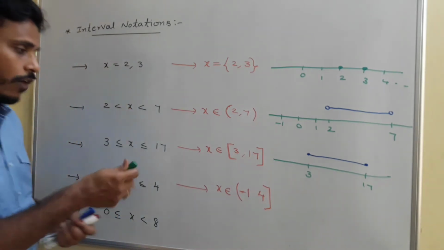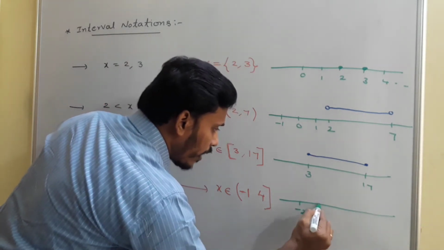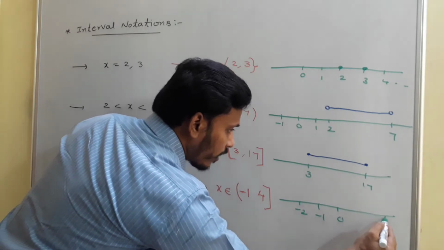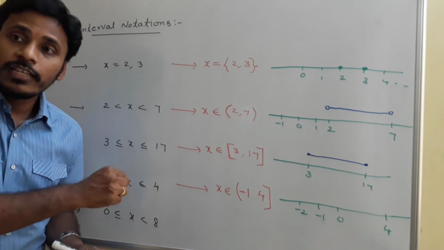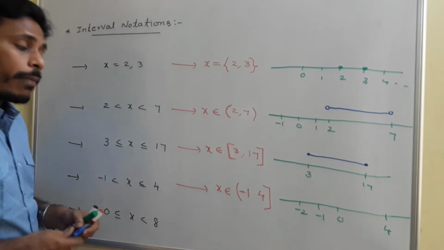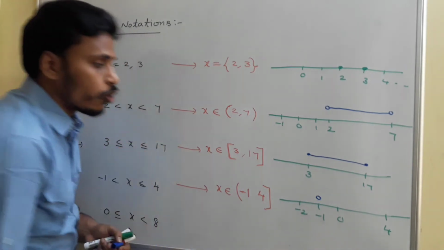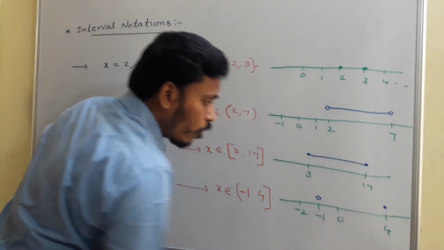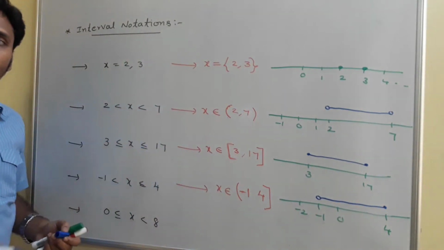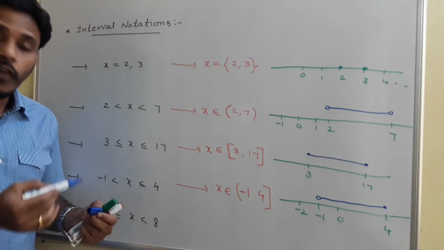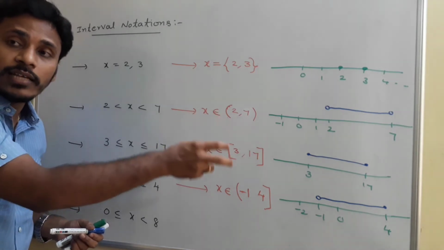And if you represent it on the number line, again you just take a line on which the numbers are there, something like minus 2, minus 1, 0, like that. If you continue somewhere, you have 4. So that's the number line. And to represent the solution on the number line, since minus 1 is not included, take an open circle at minus 1. Since 4 is included, take a closed circle at 4, and then you just join those two, because every number between these two is also a possible value for x.